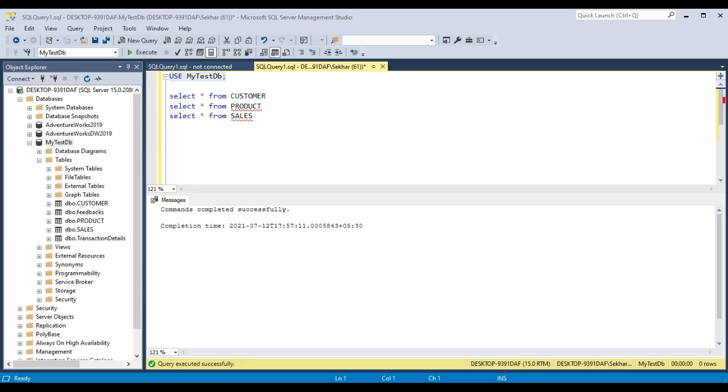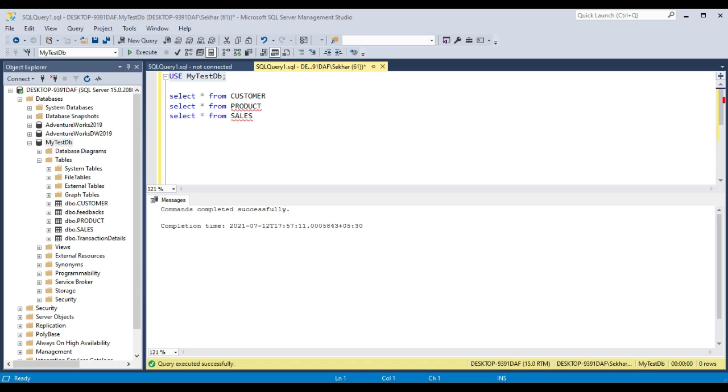And there is a salary table. So salary table will also have the employee ID, employee salary, his designation, current work location, start date of his working, all these details. So this employee ID column will be common in both the employee table and salary table. Suppose you want to find out what is the salary of an employee, then you can join the employee table with the salary table, and you can fetch data like what is his name, what is his address, what is his current designation, where he is working now.